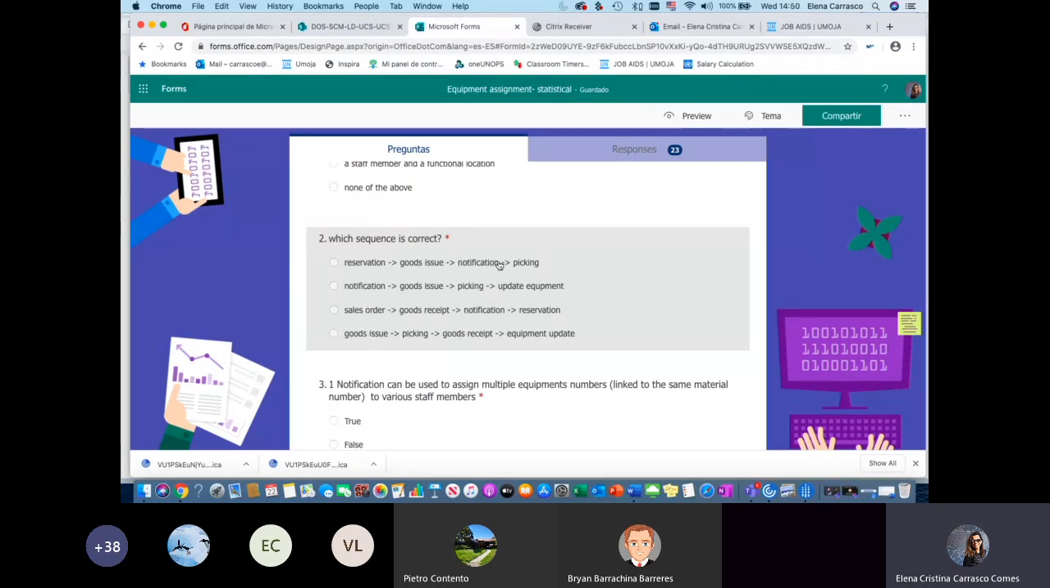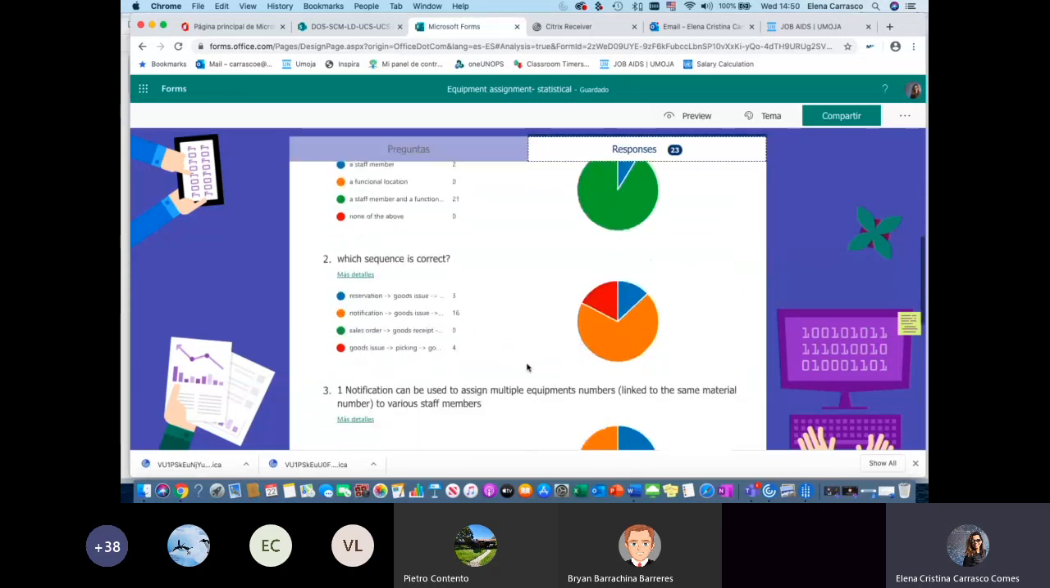And here I understand that is the notification part where it can be confusing, as the notification starts at the beginning and continues up to the end of the process. But actually it will be, yeah, it's misleading. Notification, goods issue, picking, and update equipment. But this order is not incorrect either, to be honest. So I understand that there were